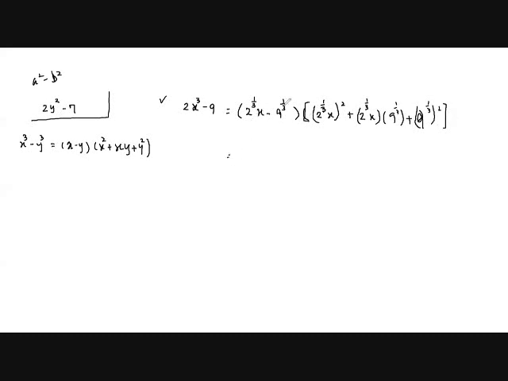Everyone get it now? Because this one uses a formula here, right? X minus y, you got here already. This is x. This term means x minus y. This y means this term. And then x squared plus x times y plus y squared. Okay, now you can simplify and write it in the